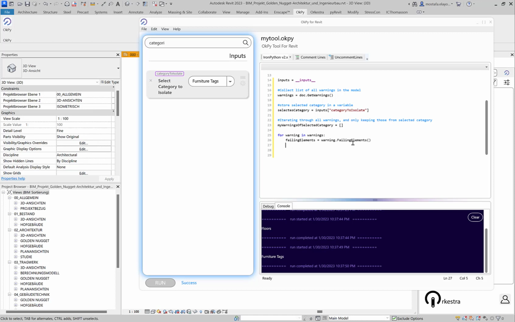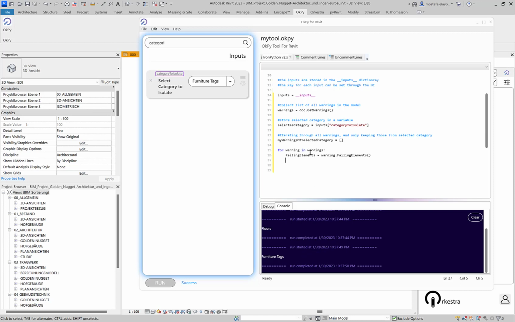Again, just so we make sure that everything is working well, we're going to print whatever we are extracting from the list of warnings at the end of this for loop. But what I need here is, anytime I fetch the failing elements, I need to actually iterate through the failing elements. So this is another for loop inside this for loop. For failing element in failing elements, I want to check whether the category is the selected one. So if failing element,